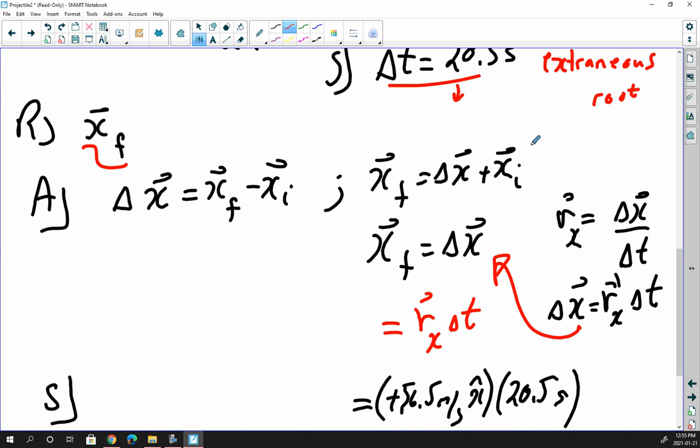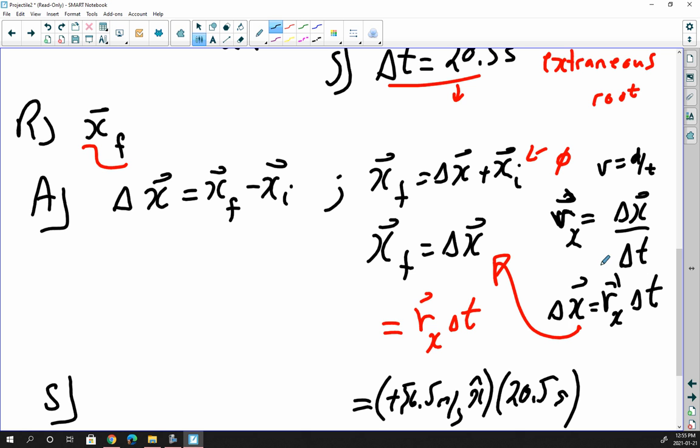But x initial was 0. Remember, we decided that the start point would be 0, 0. So that means x final is equal to delta x right here. Well, is there an equation on the x side of projectile motion that lets us study it? Yes, there is, and it's only one equation. There it is. Velocity x direction is equal to delta x over delta t. It's the old v is equal to d over t, but it's a component now. So we rearrange it,